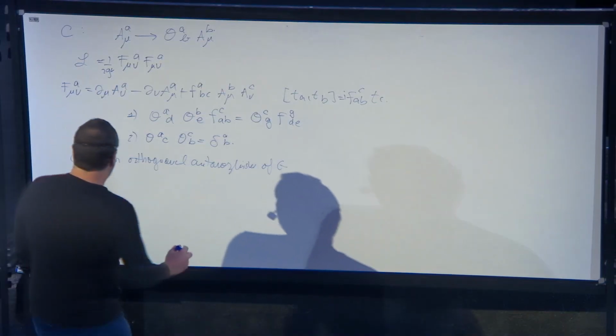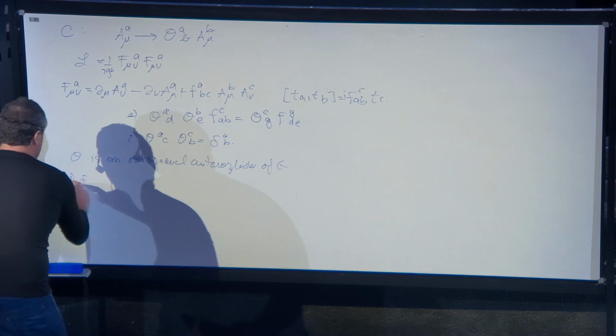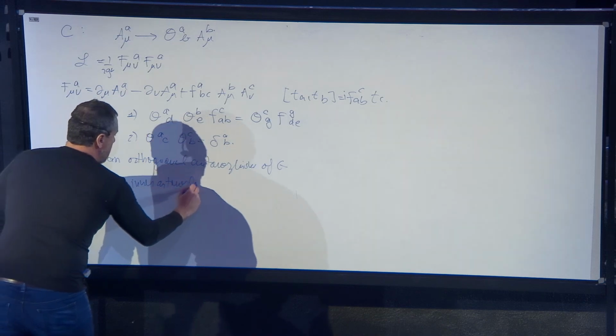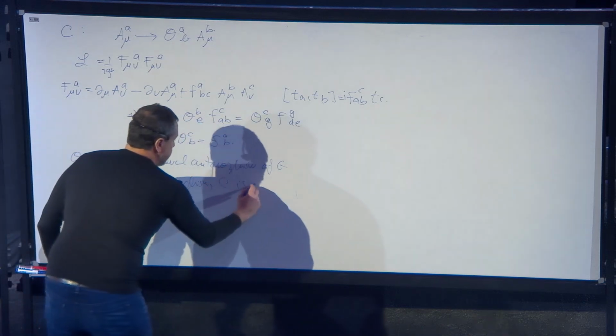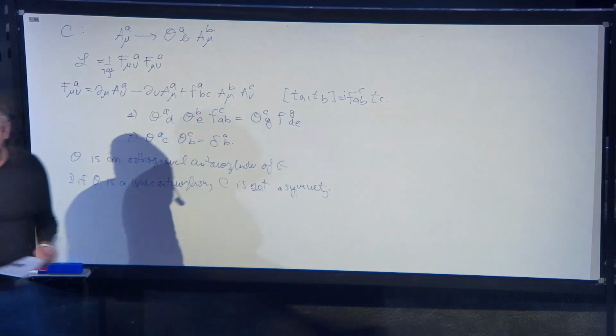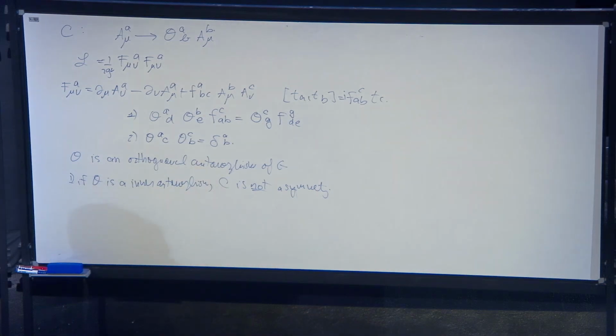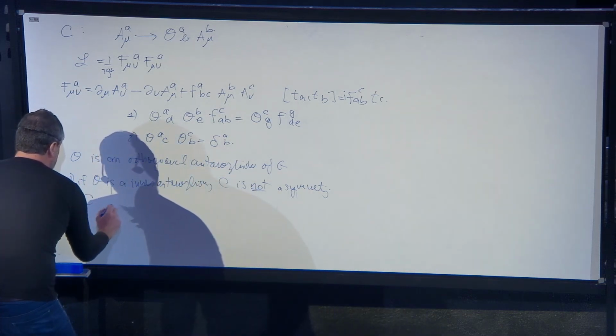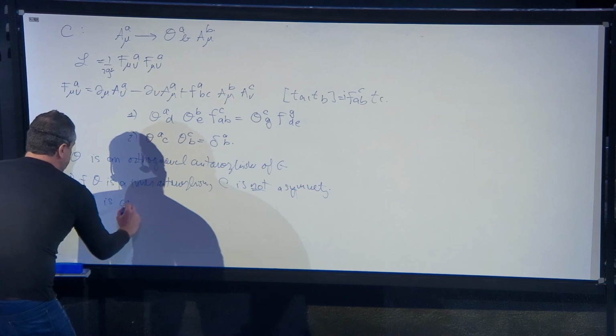But now there are two possibilities. If O is an inner automorphism, C is not a symmetry. Can anyone tell me why this is not a symmetry? Essentially, if it's an inner automorphism, there are no operators in the theory that are charged under it. So you have nothing charged under it, it's not a symmetry. Every operator is invariant under it, so it's not a faithfully acting symmetry. So that means that you have C conjugation symmetry if O is an outer automorphism